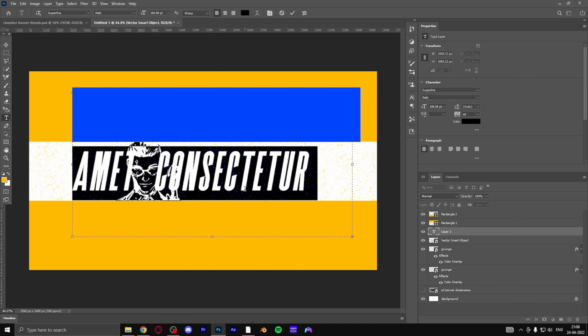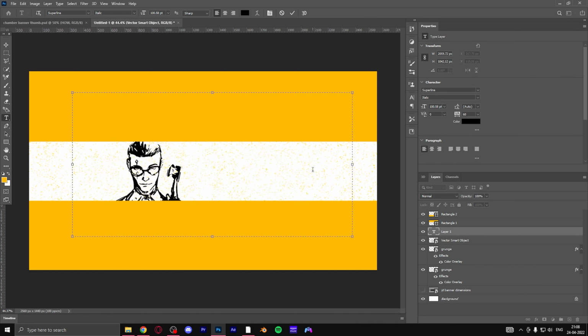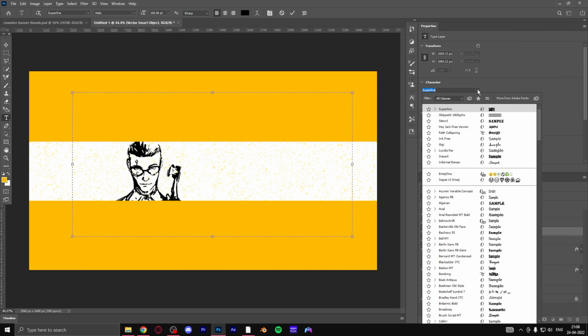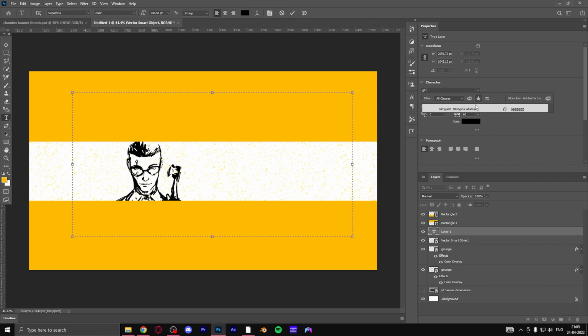So open a text layer and download this font called GK type, and this font is not exactly a font, it's kind of like a design. Instead of the numbers, what you get is, okay, wait, let me just